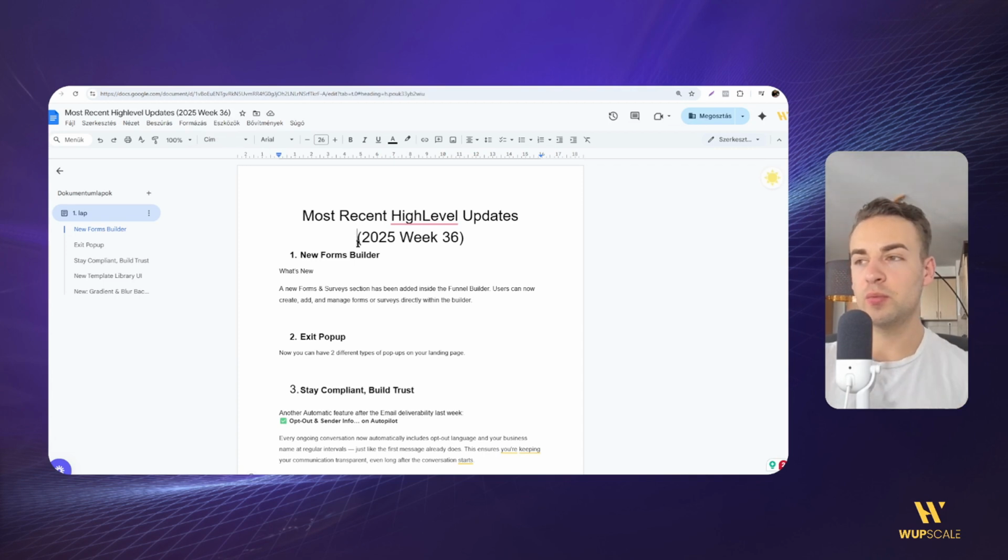First, let's start with the most recent high-level updates. So this is for week 36. The number one is the new forms builder, and it's basically added inside the funnel builder. Now you can do it inside your funnel. You don't need to leave the funnel part and then go back to sites, go to funnel builder, make the edits. I had this update in a previous video, but if you haven't seen it,